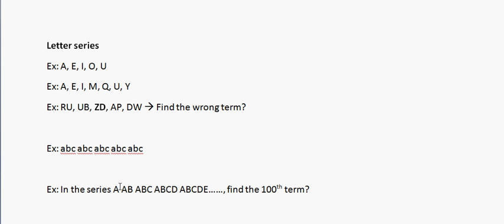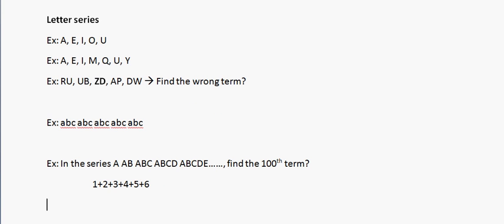So firstly there is just A, which is 1, then AB, 2 alphabets, then ABC, 3 alphabets, then ABCD, 4 alphabets, then ABCDE, 5 alphabets, right? So firstly 1, then 2, then 3, then 4, then 5, then 6, right? So it's the sum of first n numbers. You have to find the sum of first n numbers such that you get something nearby 100, right? So first the sum of first 20 numbers: 20 into 21 by 2, it is equal to 210.